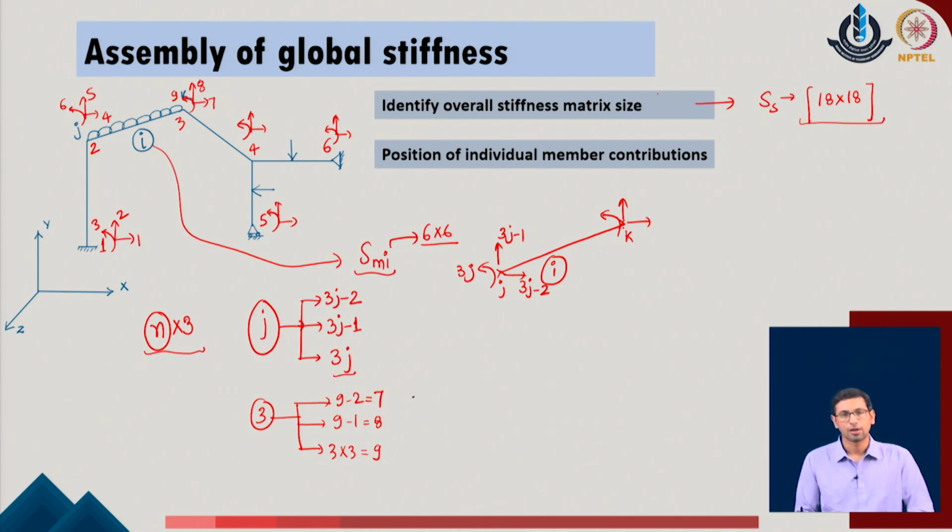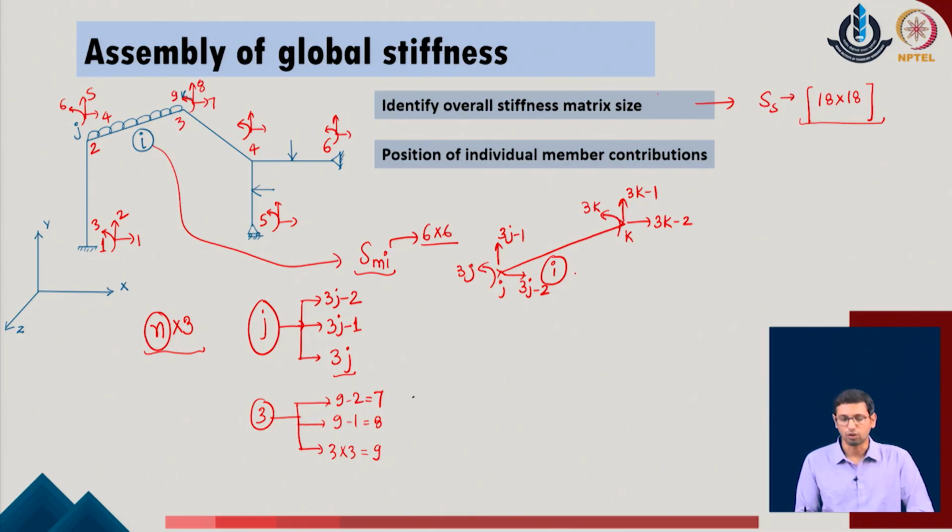At the joint K, now one thing we must understand is that while we were solving the beam problem, we had the numberings always in a continuous manner. Though in this frame it also appears that the numberings are done in a continuous manner, there may be situations where the numbers of the individual joints, say j and k, may not be consecutive to each other. That we very rightly saw in the problem of the plane trusses as well. So, with this idea I just give the generalized numbering to the given system. So, for the joint K, I will have these degrees of freedom as 3k minus 2, 3k minus 1 and 3k in the given system.